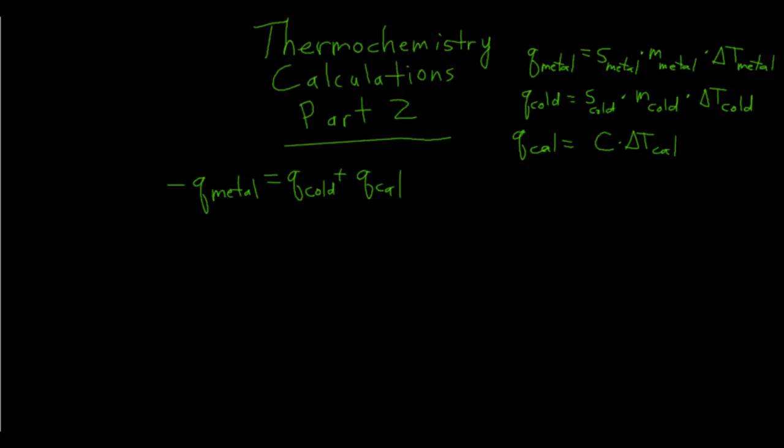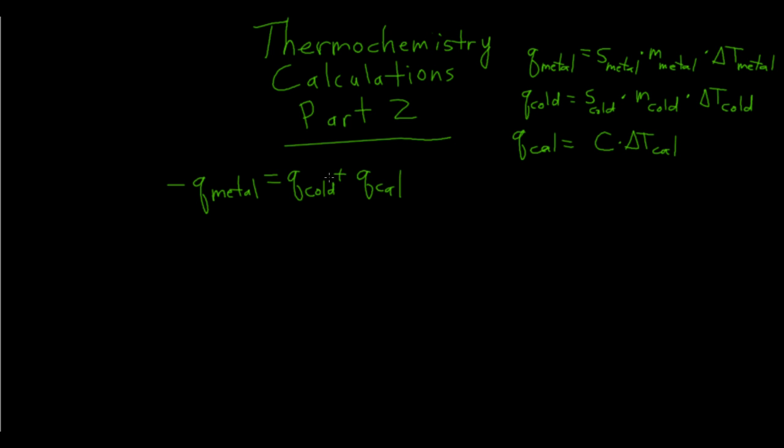This is an explanation of the calculations for part 2 of our chemistry lab. What's going on here is you're adding a piece of hot metal to some cold water in your calorimeter. Your goal is to find the specific heat capacity of the metal, the molar mass of the metal, and the identity of the metal. So first of all, the equation that describes what's going on here is